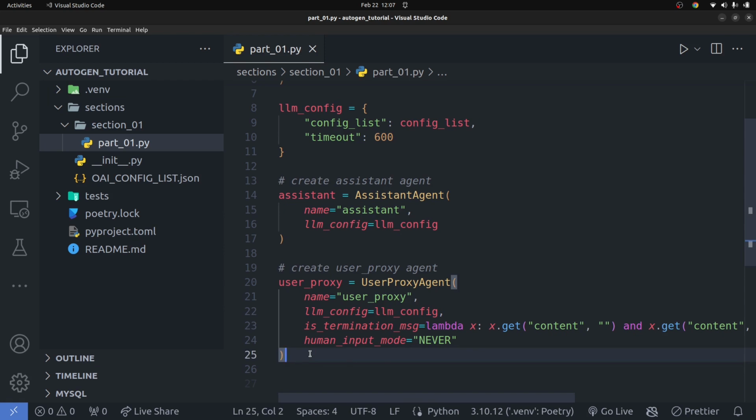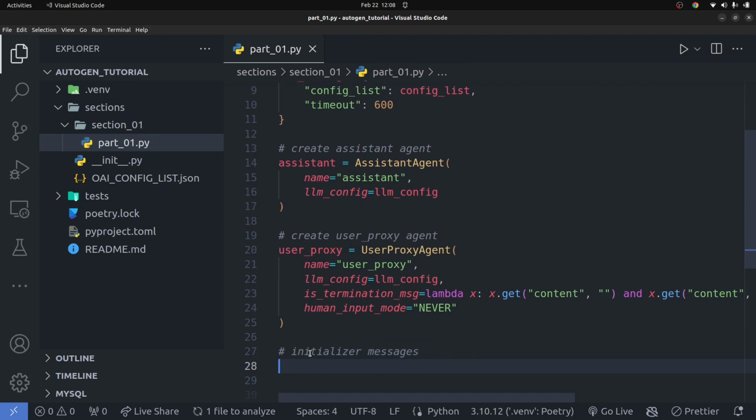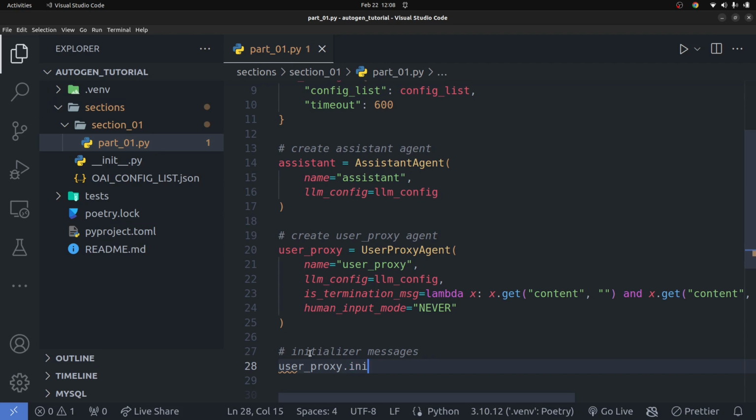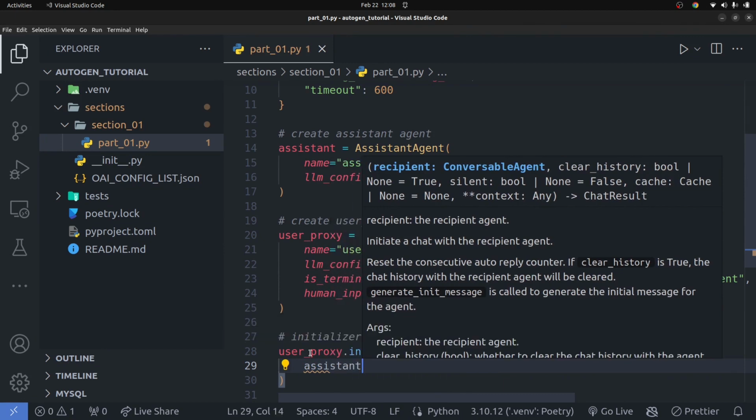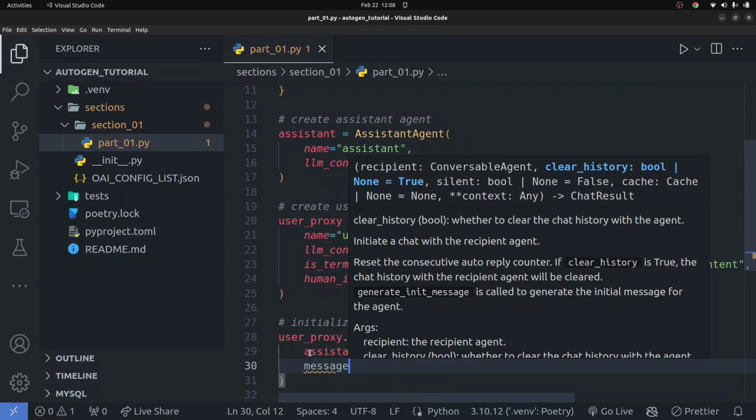Okay, so once we have that, now let's initialize a conversation. Initialize messages, or initialize conversation, or whatever you want to call it. So we're going to say user_proxy.initiate_chat, and you can begin to initiate the chat. Basically, to initiate chat, you're going to pass in the recipient, which is going to be the assistant that we created, and you're also going to pass in the messages, basically what you want them to have a message about. So messages are going to be equal to